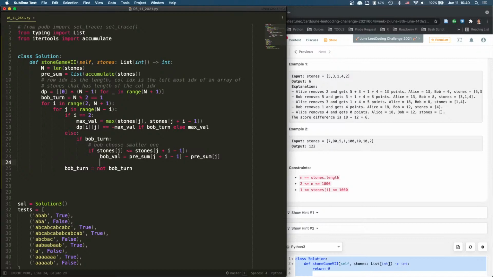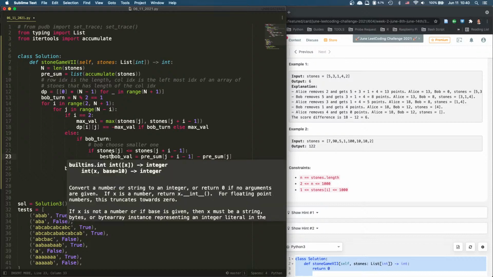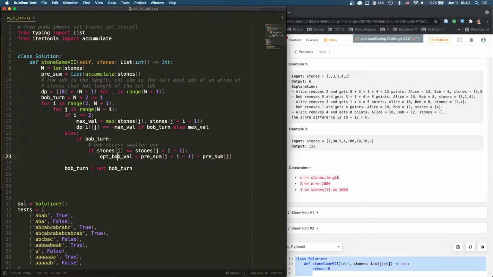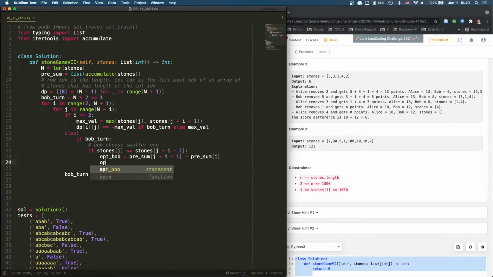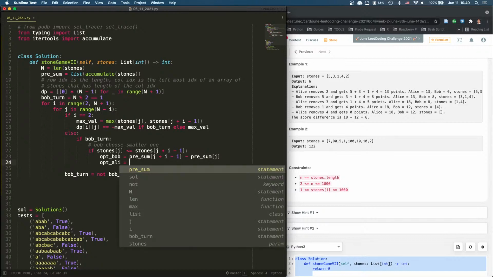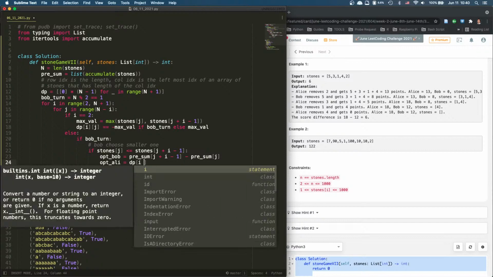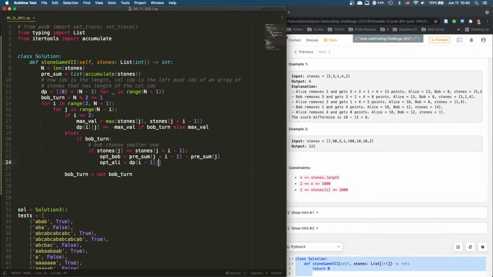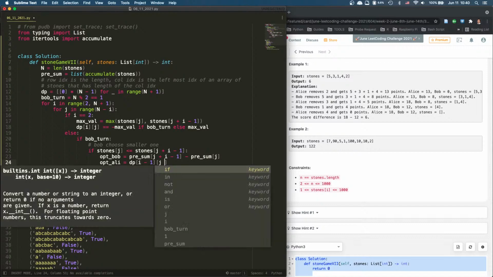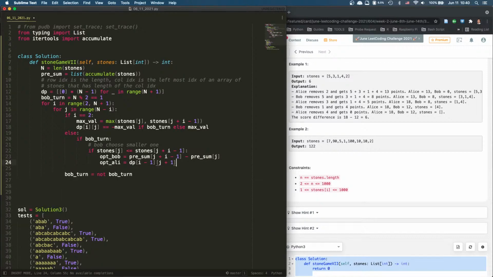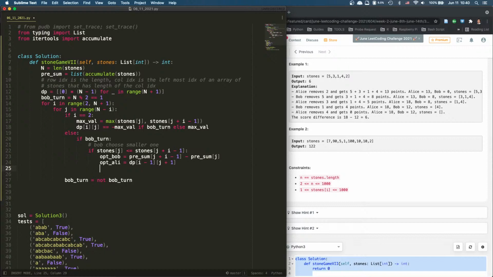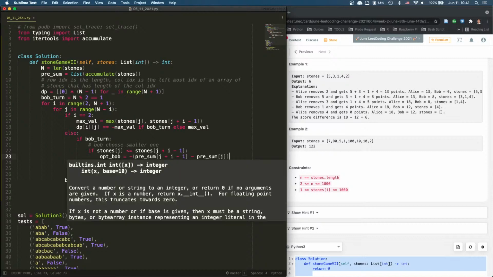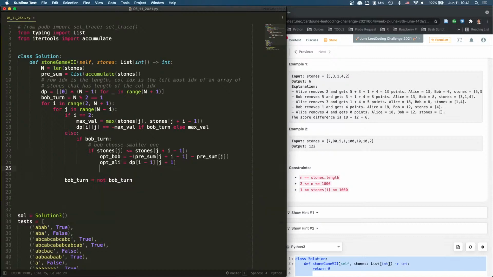so we know it's called best optimal Bob is this, right? And then optimal Alice is going to be dp I minus 1, right? I minus 1, and then because we picked j, so it's going to be j plus 1. So it's optimal Alice, optimal Bob, and then the result is going to be, so optimal Bob is going to be, we're calling it a minus. It's going to be a minus value, yeah. And optimal Alice is this, and then